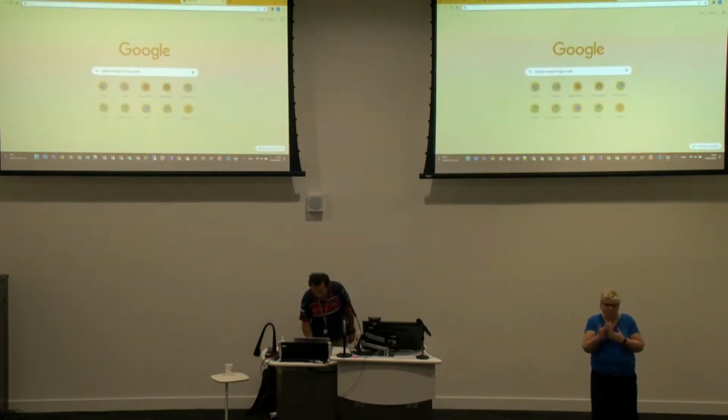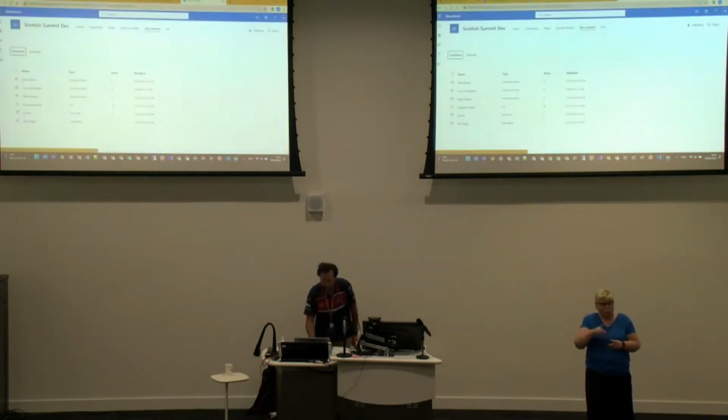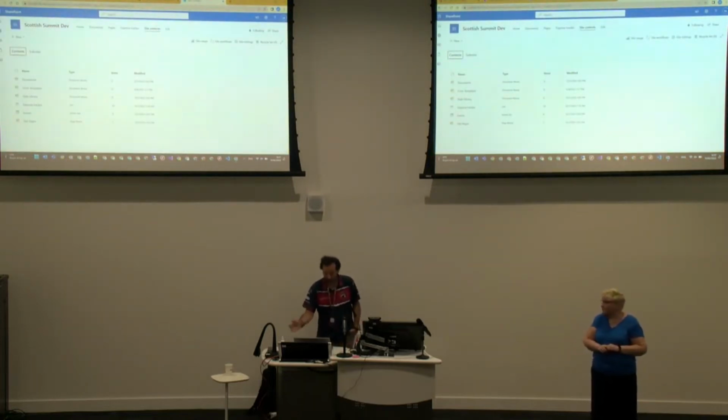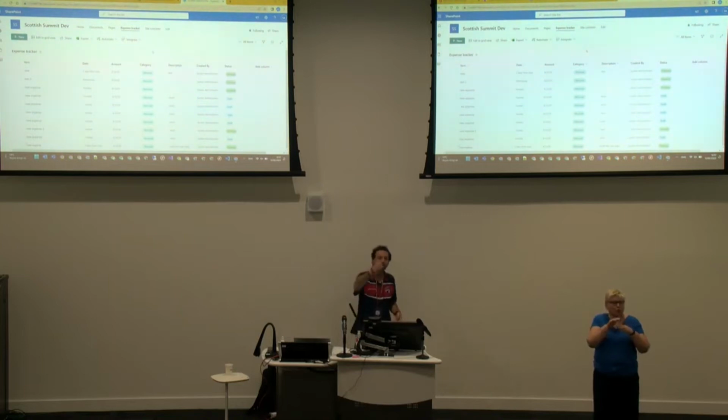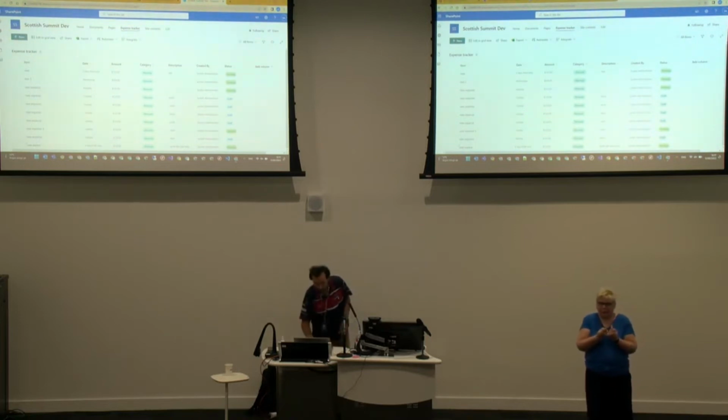So basically, what I want to be able to do, so I have this SharePoint site called Scottish Summit Dev, where I have the expense tracker SharePoint list. But when I want to move it to a production environment, I don't want to keep that reference to that Scottish Dev SharePoint site and to that expense list, to the SharePoint list. I want to be able to change, to redirect the flow or the trigger, the Canvas app, and my Power Automate workflow to create an item in that other